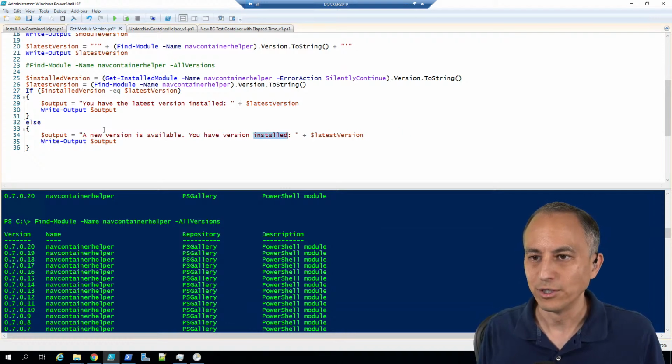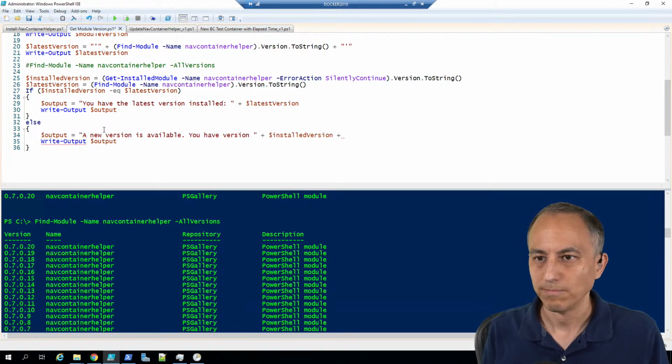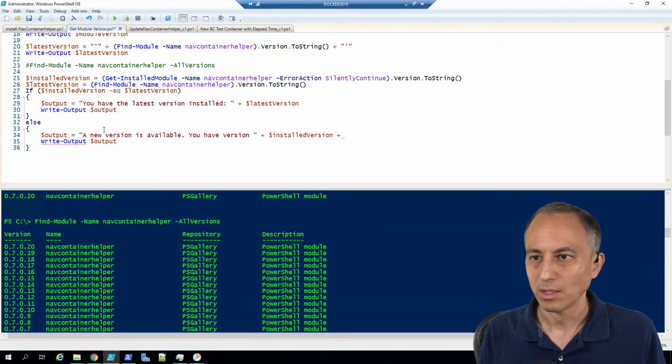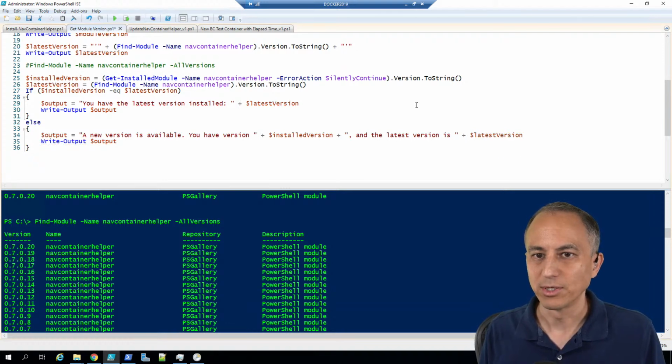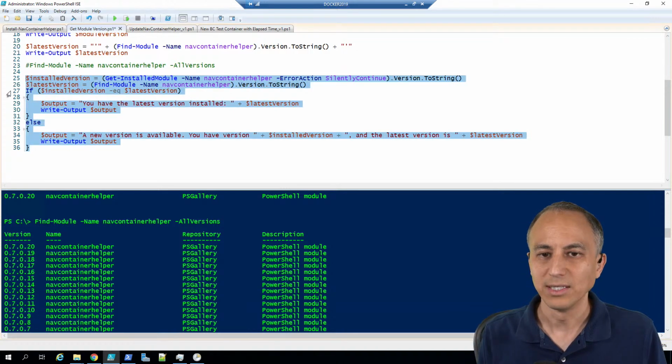You have version, and the latest version is, okay, let's try that. So if I highlight this, F8,